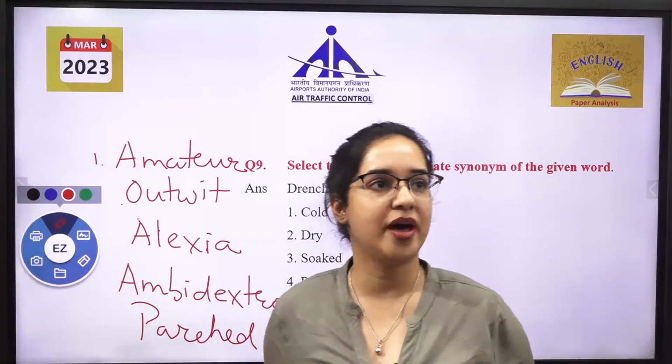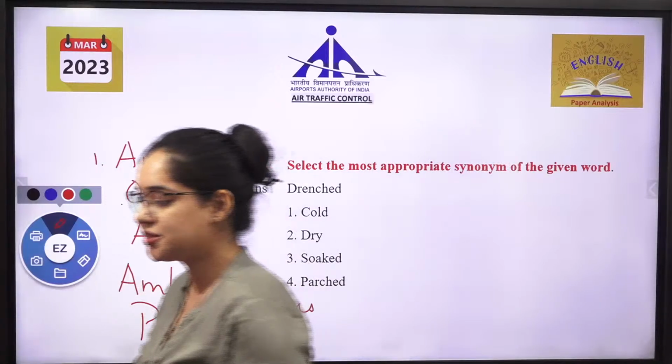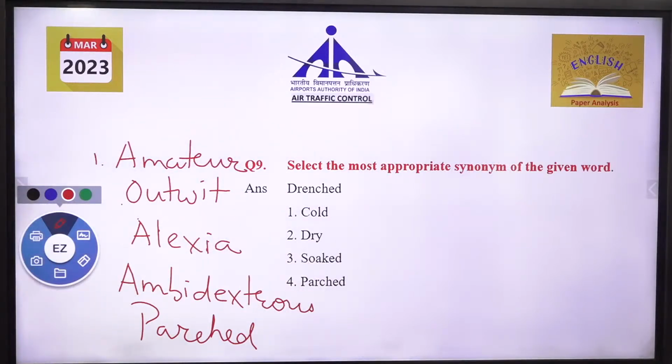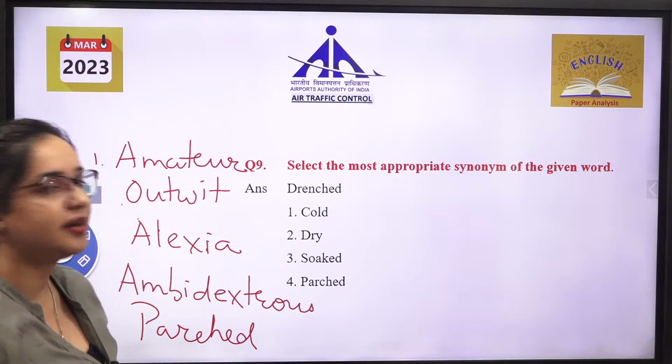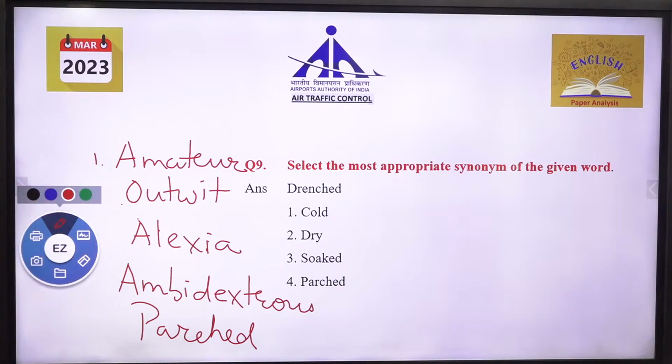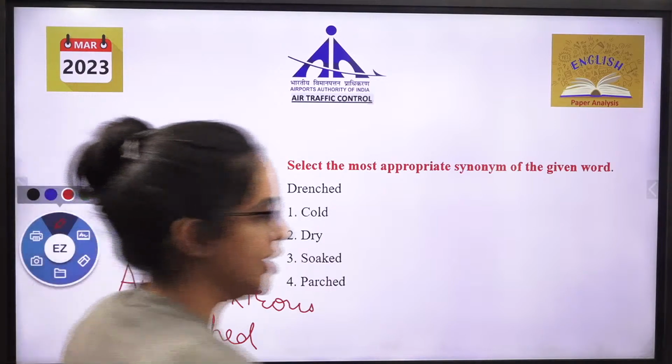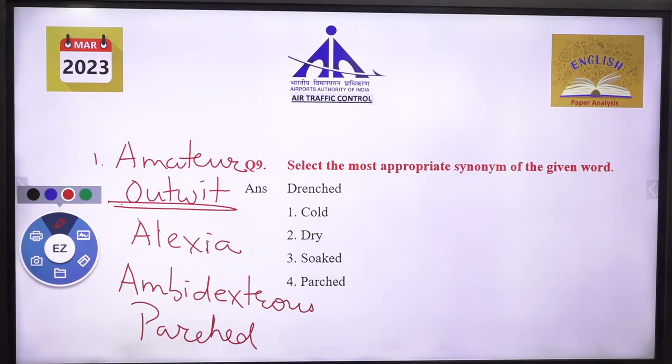How many of you are aware of the words? I want answers from all of you so that you can have the best practice right now. Okay, Rohit answered the first one, novice. Great. Next. Drop it fast, guys. It should be right and you have to attempt it like that. Vocabulary should be very easy for you. Not able to read? Very good. Oh, outwit. What is outwit? You forgot about it, Rohit? You have not mentioned it. What does outwit mean? We have done it in our second slide.